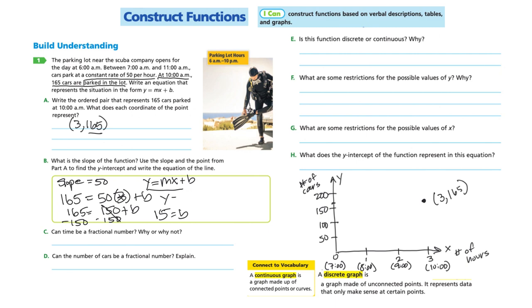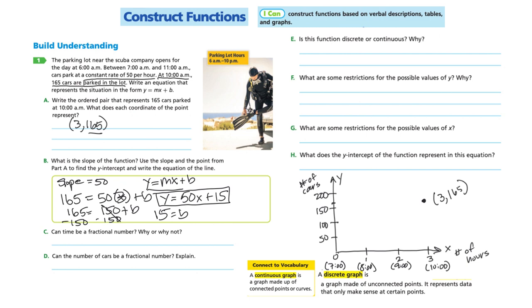So I can say y equals m, which is 50, the slope, times x plus 15. So that's my slope-intercept form equation. And that would help you if you needed to find a point further on. Like let's say you want to know at